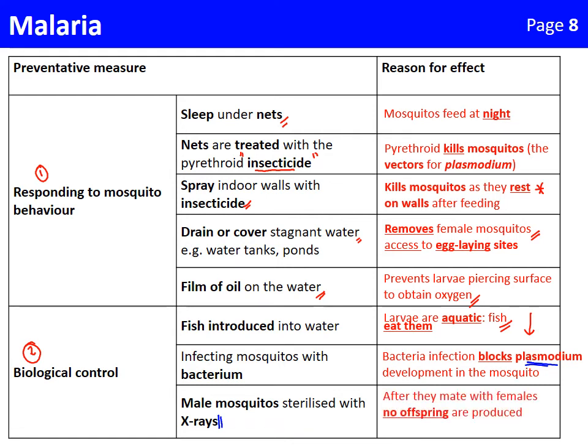However, the adult females will not have their eggs fertilized because the males are sterile, and so when she lays the eggs, they will not develop into larvae, and so no new mosquitoes will be produced. If there's no new mosquitoes being produced, or less of them, then the transmission of the Plasmodium parasite is also